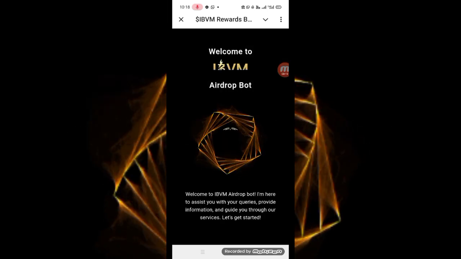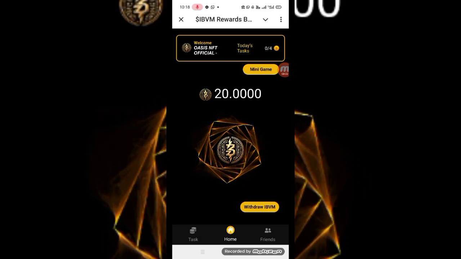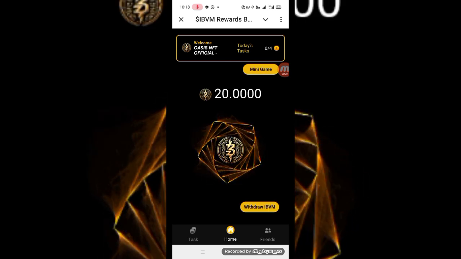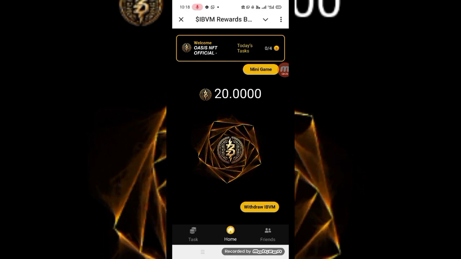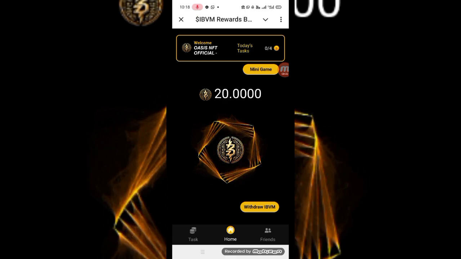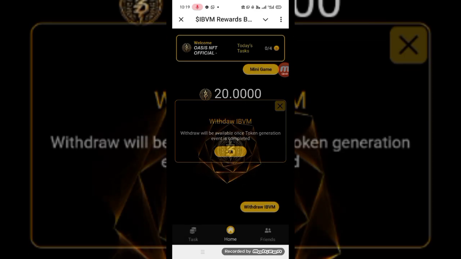You can check here, welcome to IBM reward board. I am here. You can see this my IBM reward board is open. You can receive 20 IBM. And for open IBM reward boards, you can see this. You can withdraw your IBM amount. You can click here, then you can withdraw. Now you can check here, withdraw will be available once token generation event is completed.